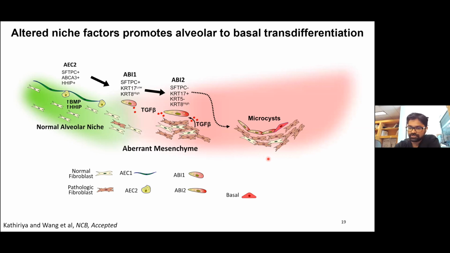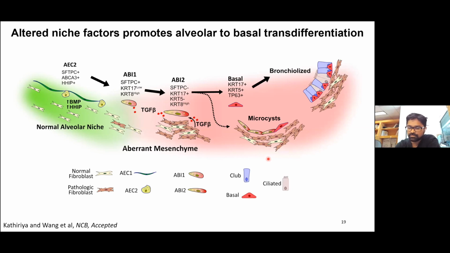Some of these ABI2s continue to persist as this basaloid cell in the microcyst, but some, we don't know how, do transdifferentiate into basal cells, and as we know, basal cells continue to